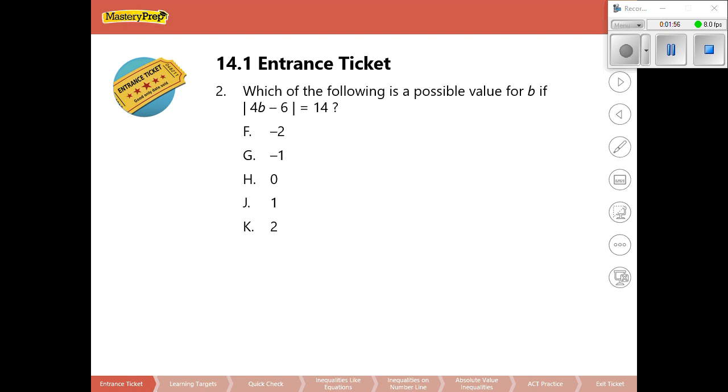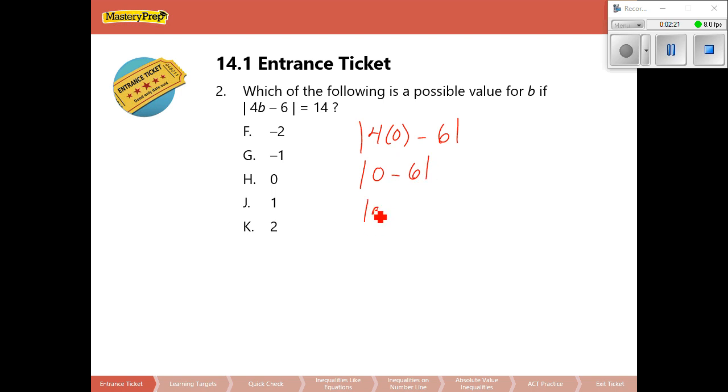Let's look at the next one here. 2, which of the following is a possible value for b if the absolute value of 4b minus 6 is equal to 14? Well, one method we could do is actually plug the values in. Because we could start off with 0 and see what the absolute value of 4 times 0 minus 6 is. Well, 4 times 0 is 0. 0 minus 6 is, well,